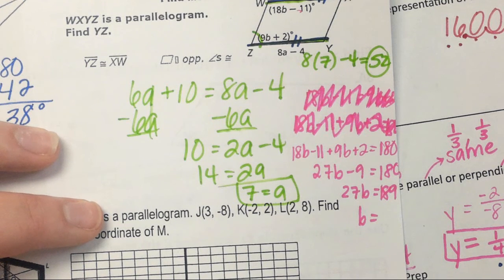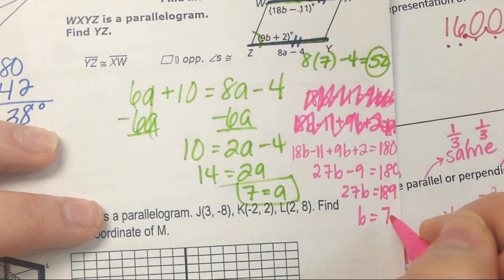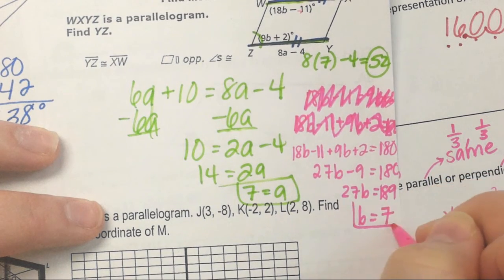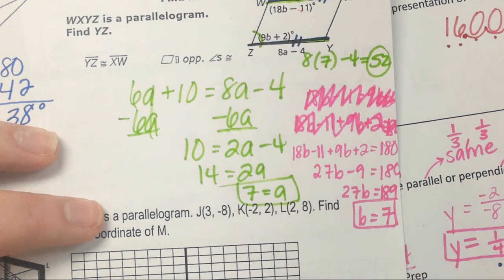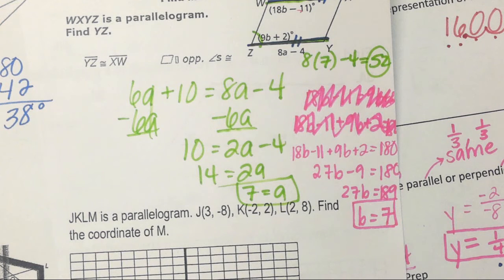I don't know. I think 7? I think it's 7, but someone should probably check. That's right. Thank you. Okay, and then the smart person in me is going to check, so I'm going to